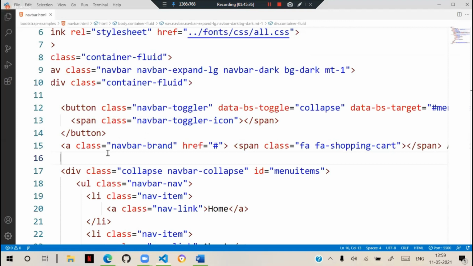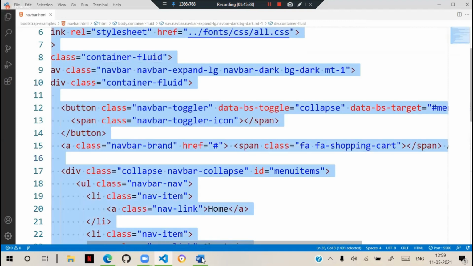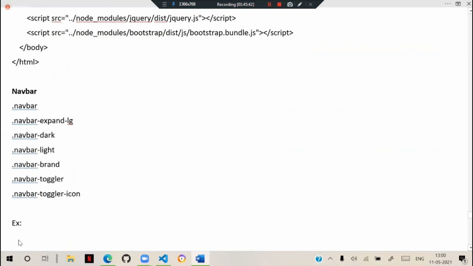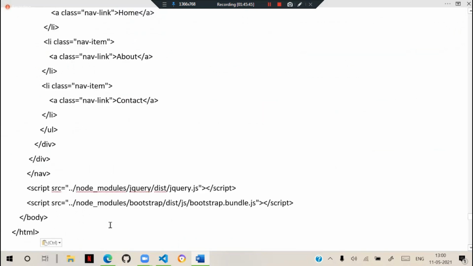We can keep anything inside it, drop downs and any type of options we can configure and define. This is an example of how we can design a navigation bar. So we have collapse, navigation bars, and navigation items. So many things are there.